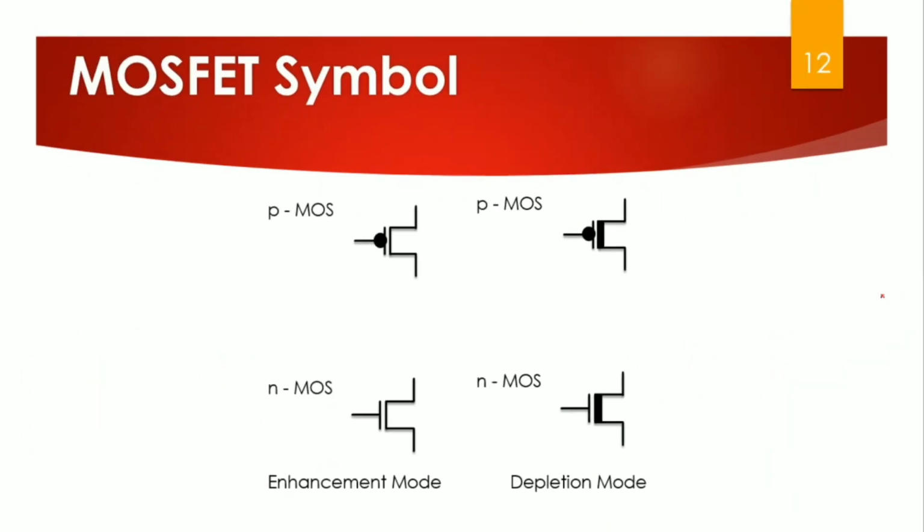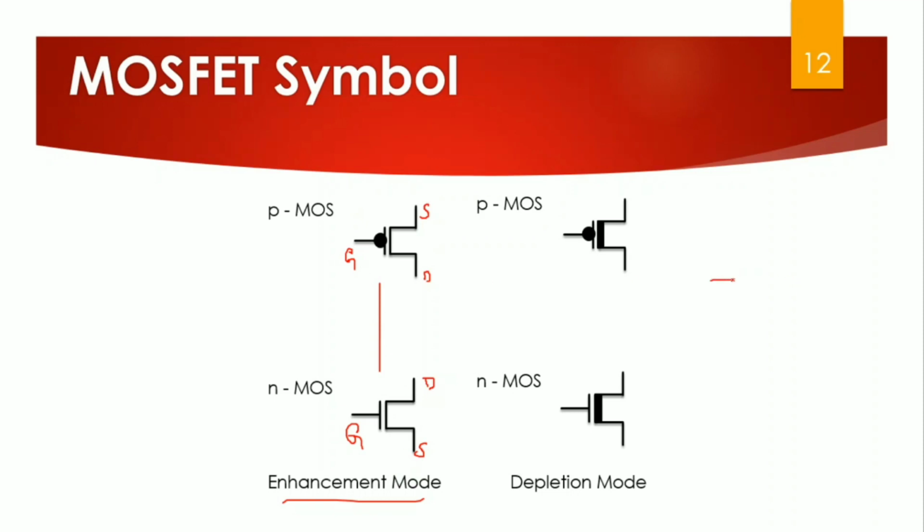Coming to the MOSFET symbol. There are several types of description, like how do you write MOSFET. I will take only one type which is commonly used, where you have three terminals. This is gate, and this can be source, and this can be drain. So in P-type MOSFET you have a bubble here telling that you are giving an inverted input. In N-type MOSFET you don't have any bubble, and this belongs to enhancement mode transistor. These two symbols belong to enhancement mode transistor.